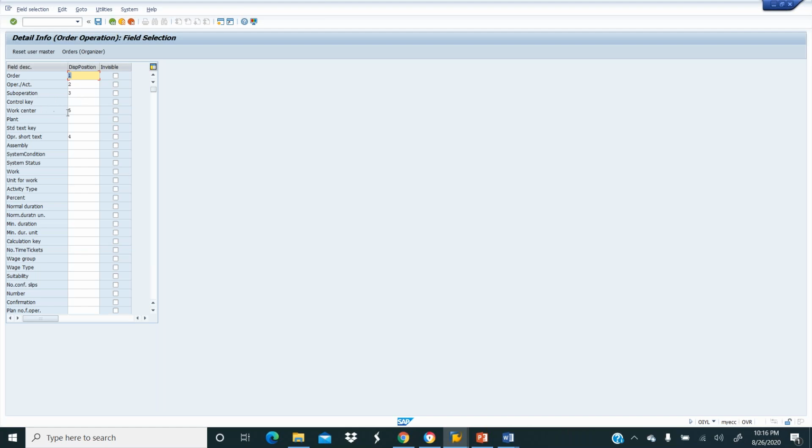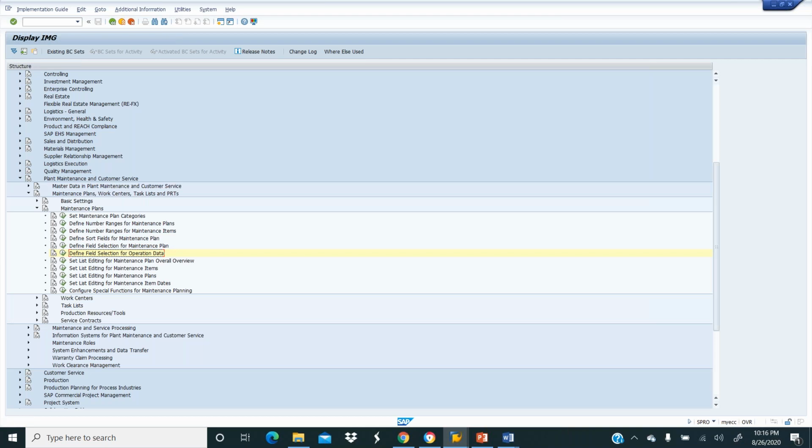So work center is required. Then you have the operation short text, the fourth one. So work center is the fifth one, like that. Leave it as standard, we will use it. It's not required. Setup editing, this also is not required. Next,